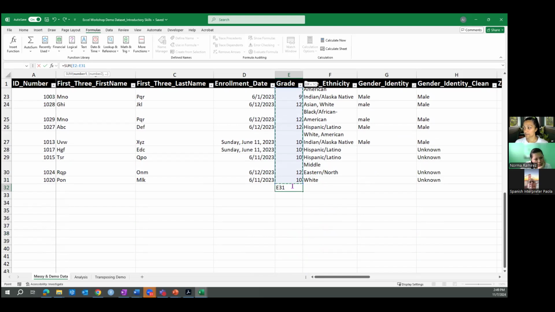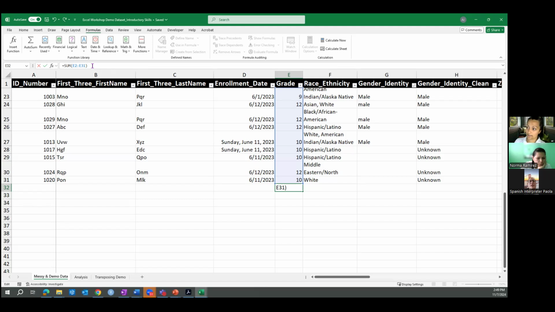It gets a little messed up down here. That's why I like to look at it up here in the formula builder line of the formula. And it's showing me this range. It's telling me that it's going to go from cell E2, and then the colon says use the whole range all the way through E31. And then I need to close the parentheses,